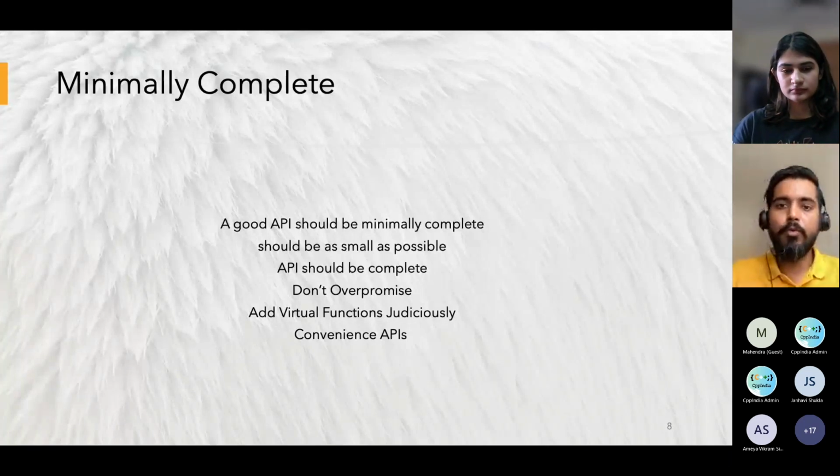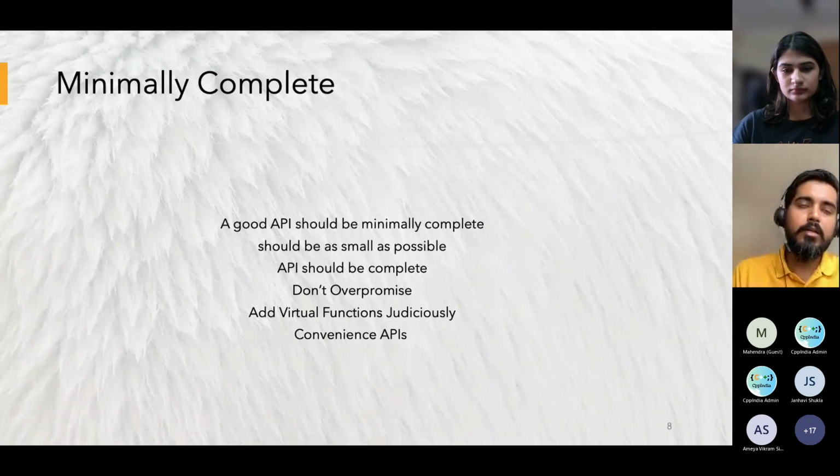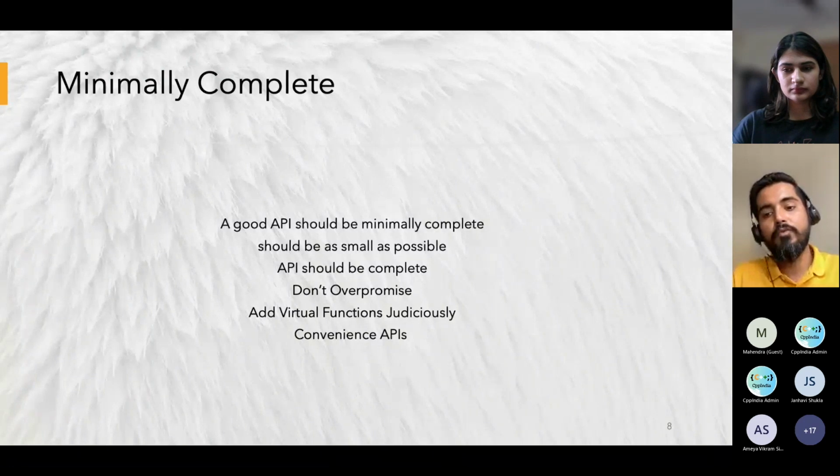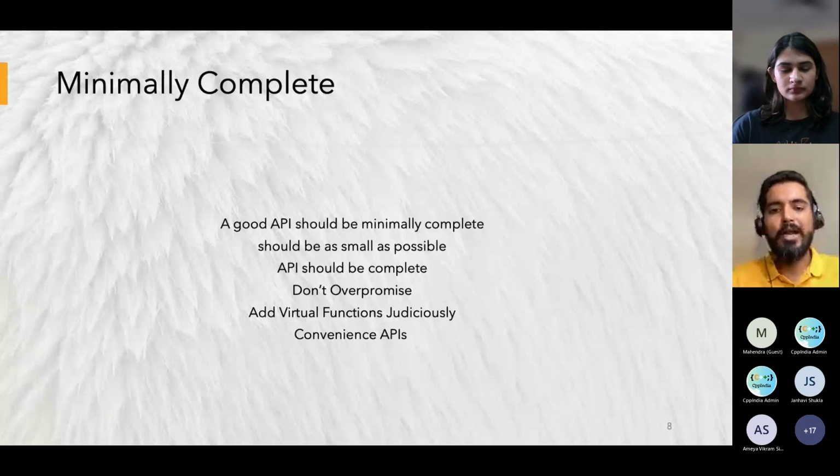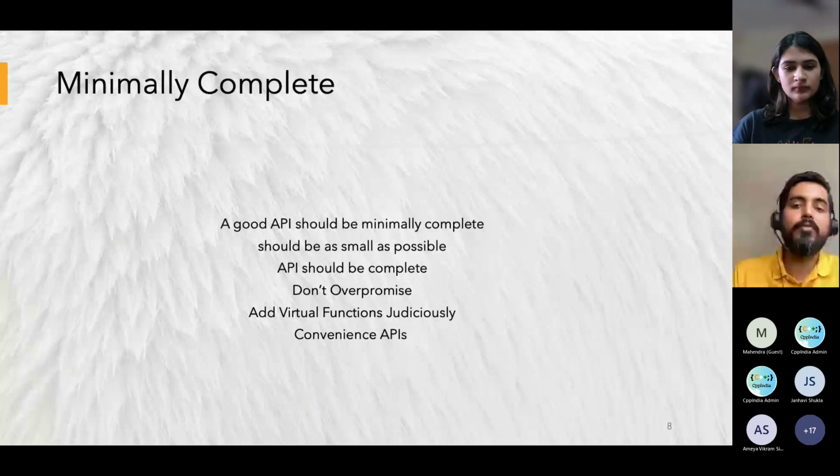If you overpromise, you will add lots of stuff there, and at a later point of time, you may want to remove some functionality from that API. So removal will be very difficult. So if you are in confusion, don't add something different, add a different API there.